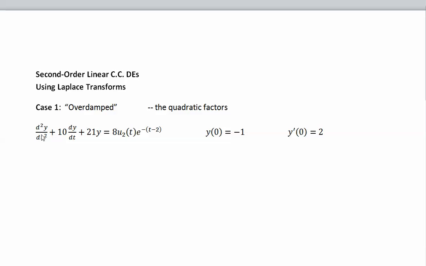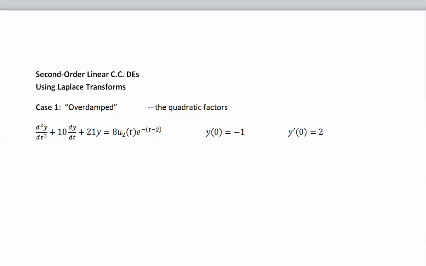We have, as I say, second order constant coefficient. We have a damping term, and of course just the spring constant. And then our forcing term on the right is a negative exponential, so a decaying force that doesn't turn on until time t equals 2. So at time t equals 2, it's basically e to the minus t shifted over to 2, and before that it's 0. We have initial conditions as well. All right, so